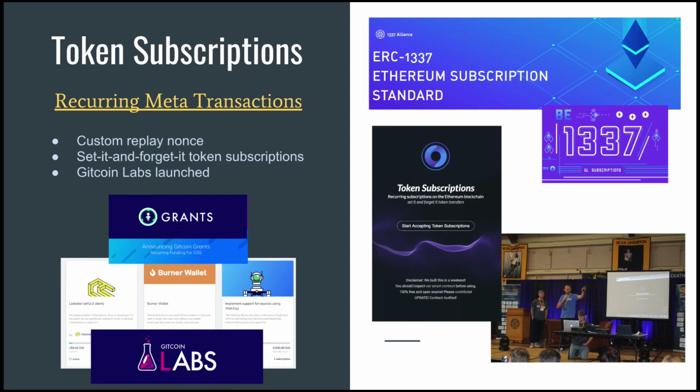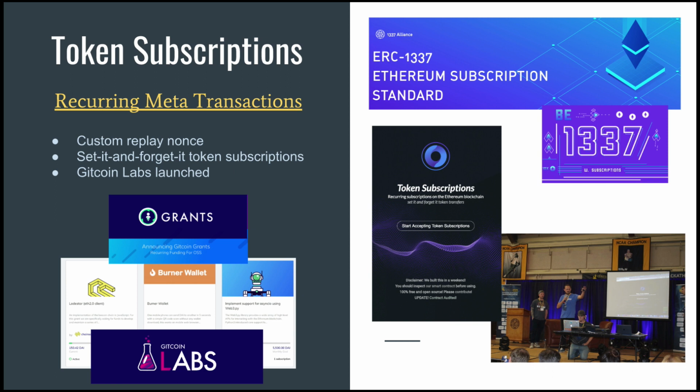Then I took a side route. We launched Gitcoin Labs, and we did the 1337 standard that Scott just talked about. It's a recurring meta transaction. It highlights that there are these other tricks we can do with meta transactions other than just good UX. With these, you sign a single meta transaction and then they replay, and that's what's powering Gitcoin grants right now. You can get on, and there's really cool CLR matching and neat stuff going on, but it's basically recurring payment to help with open source sustainability.